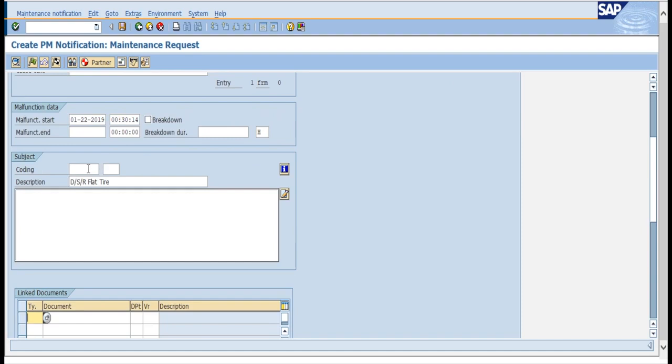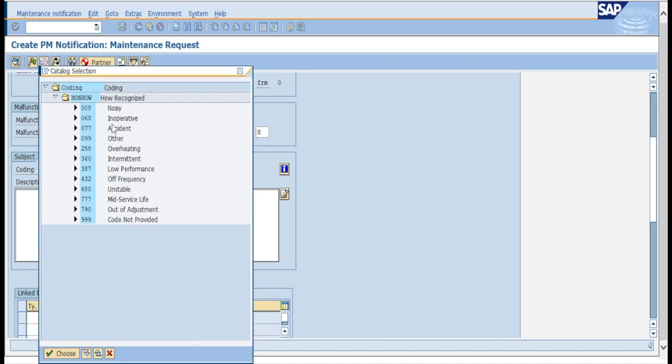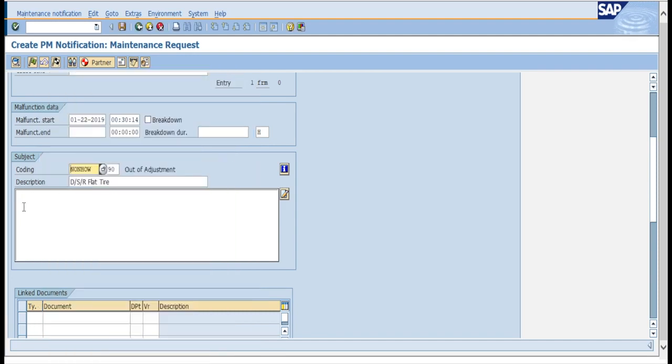And at this point, you're going to put in your code and down here in the subject area. And let's see, we don't have anything here that says the adjustment is off. So 790. In most cases, if it doesn't apply, just put 999. That's what most people do anyway. And this little area right here is where you put your long text. So right here you have your driver's side rear flat tire. Down here you can put